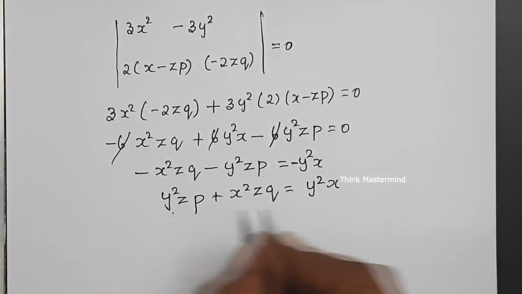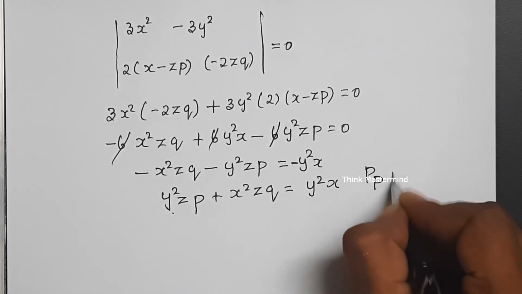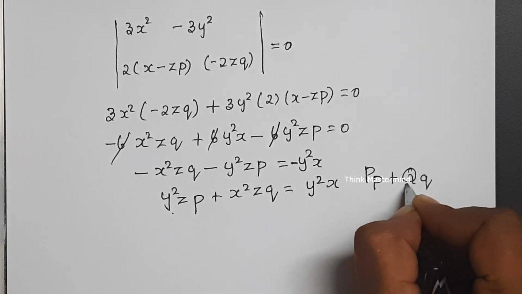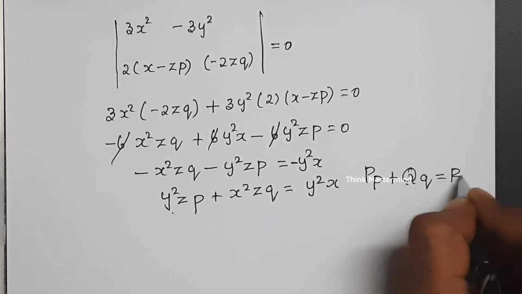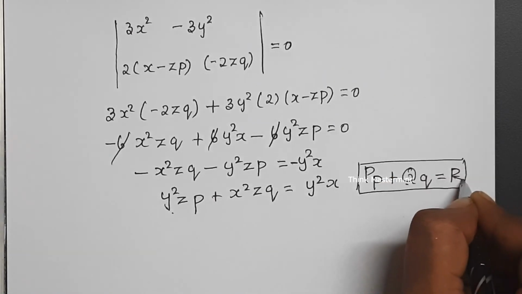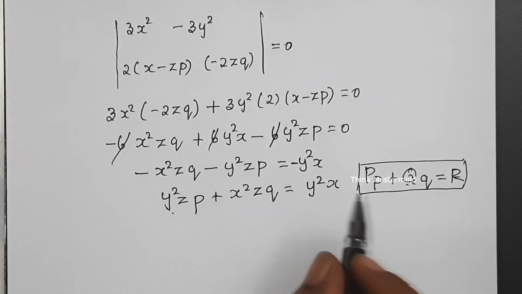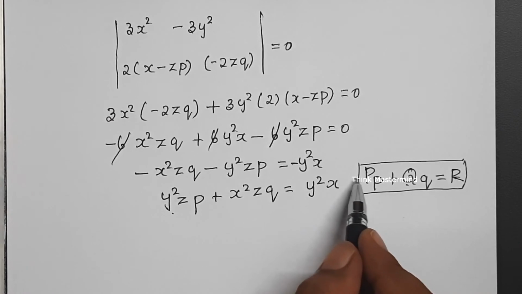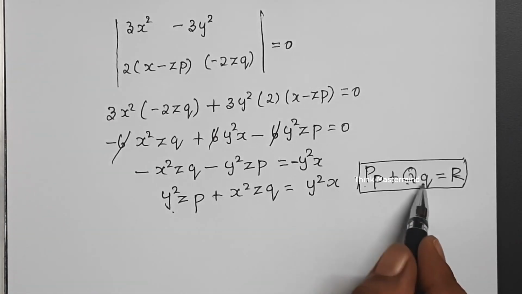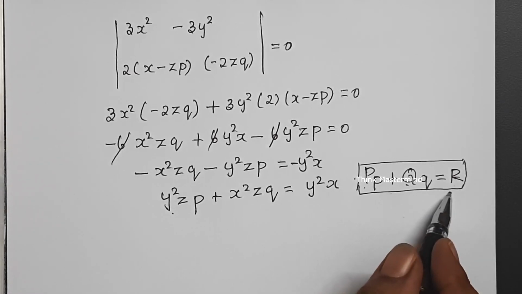So it is in the form of capital P small p plus capital Q small q is equal to R, where capital P and capital Q are functions of x, y, z. It represents Lagrange's linear equation. So for any equation of the form phi of u comma v is equal to 0, the output partial differential equation is of the form capital P small p plus capital Q small q is equal to R, which is Lagrange's linear equation.